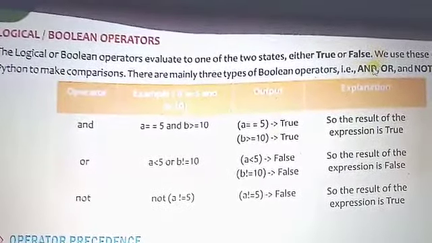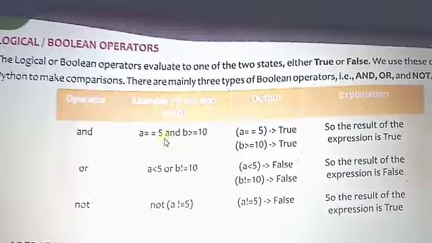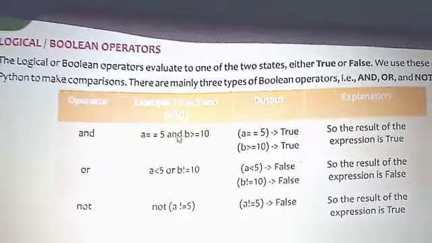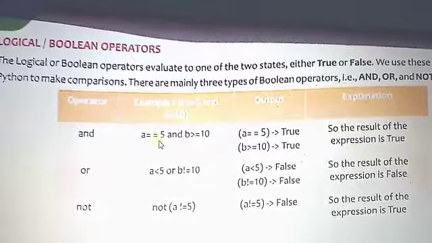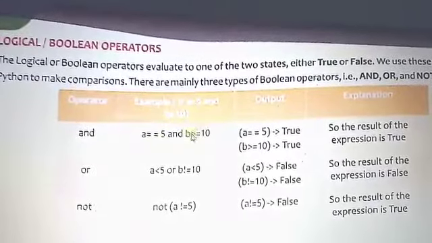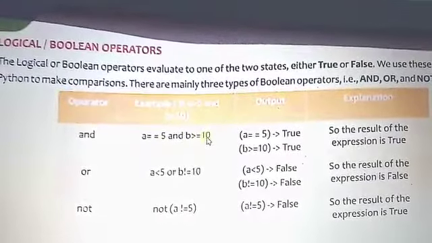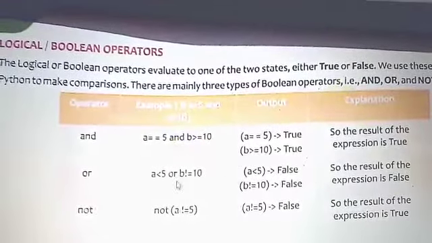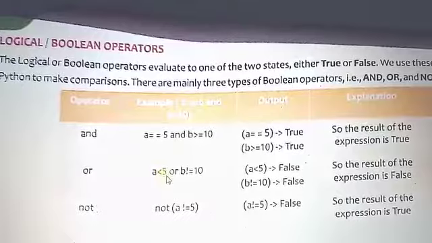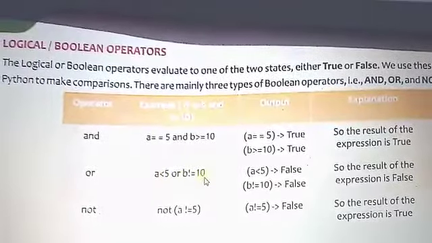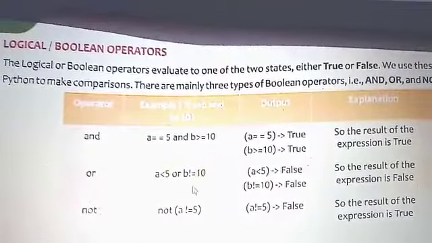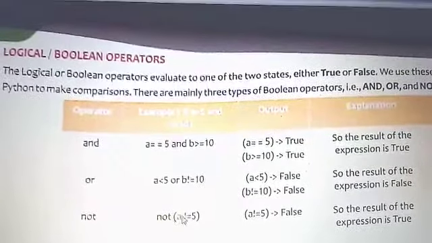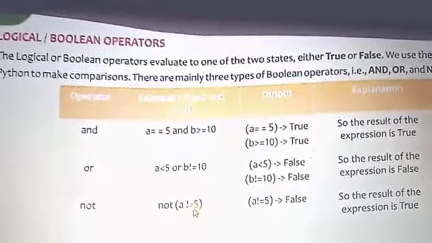You can find an example here: a == 5 and b <= 3. The first expression is a == 5. The second expression is b >= 3, and they are combined by the AND logical operator. In the next example, you can also find a < 5 or b != 3. Here also two expressions are combined. But in the case of the NOT logical operator, only one expression can be judged.